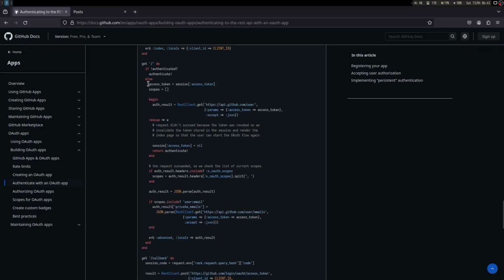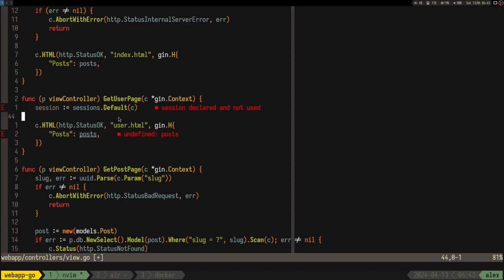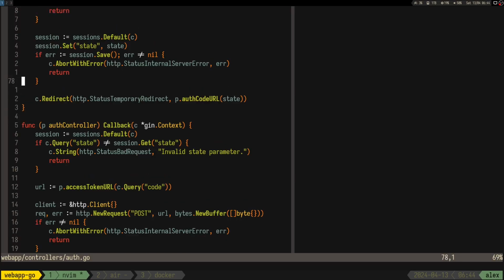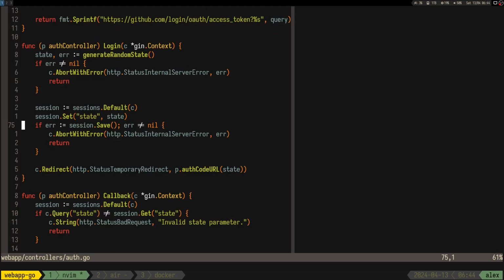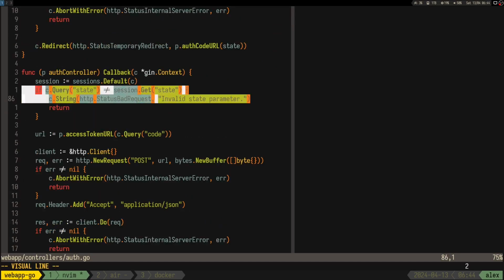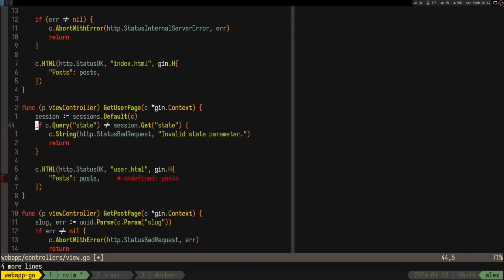And let's check if session contains access token. I guess, yeah. So how I think I want this to work is we check something like this, but we are going to try to get